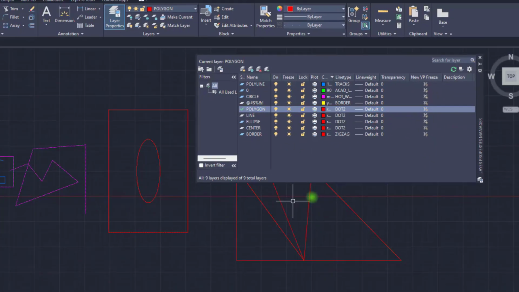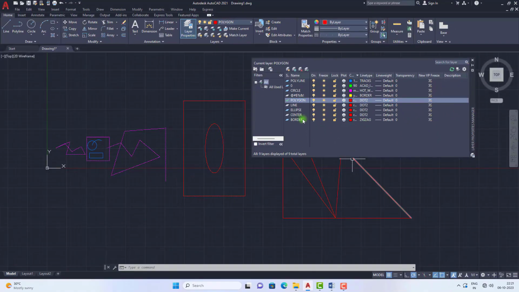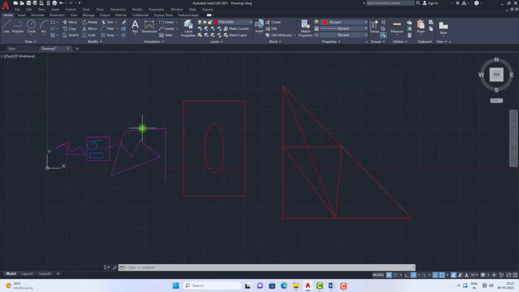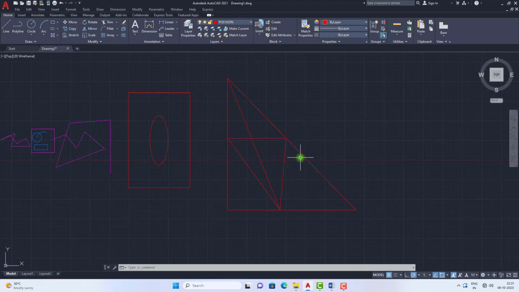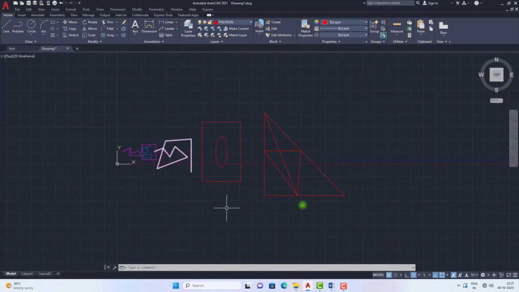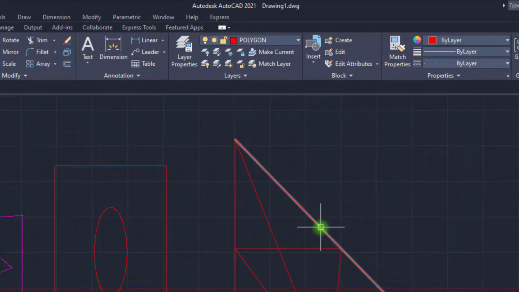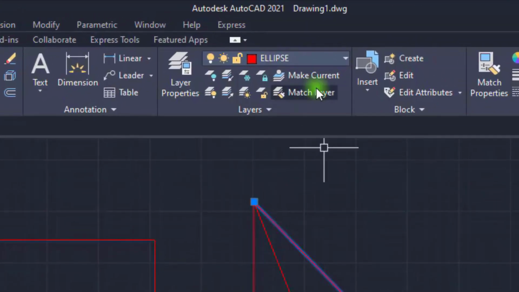Now I have made this first step, and what is the second step you need to do? If you want to delete this border layer, you need to delete the objects contained in that layer first. For that you need to identify which objects belong to that particular layer. If you select this particular object, it is in the layer ellipse because it is in the highlighted mode.